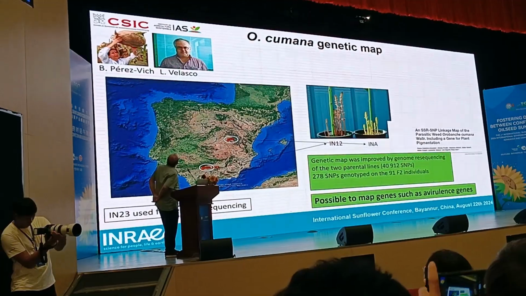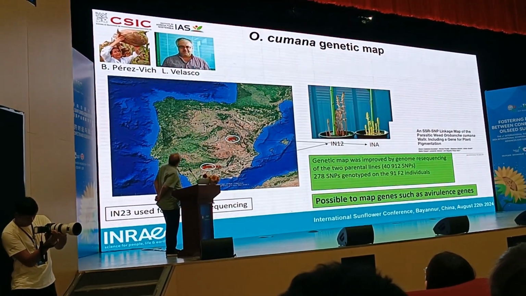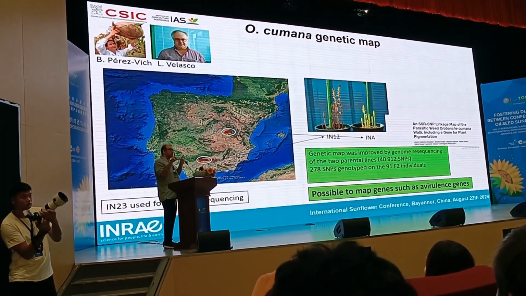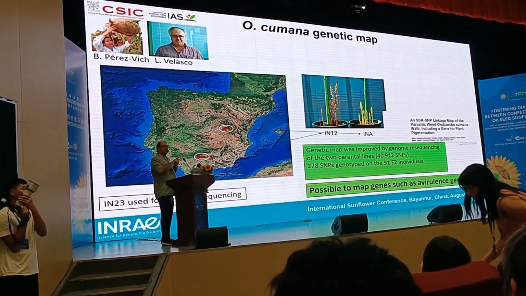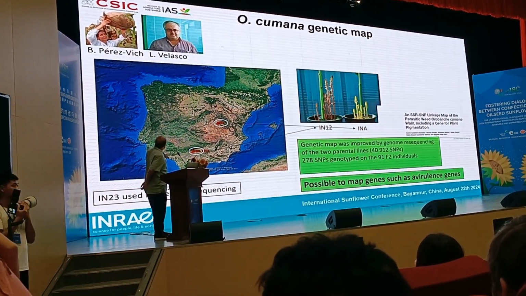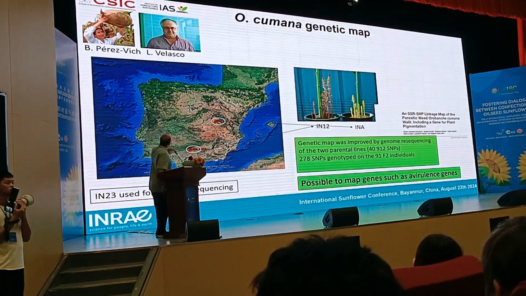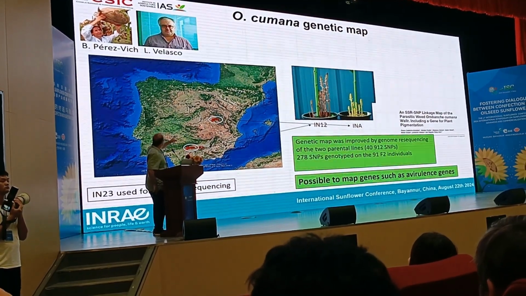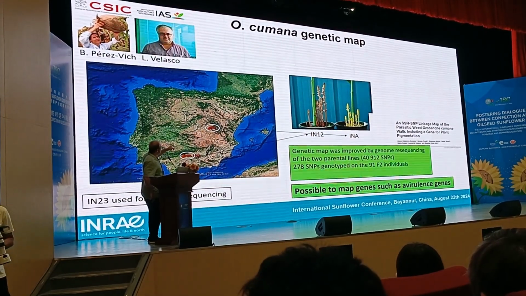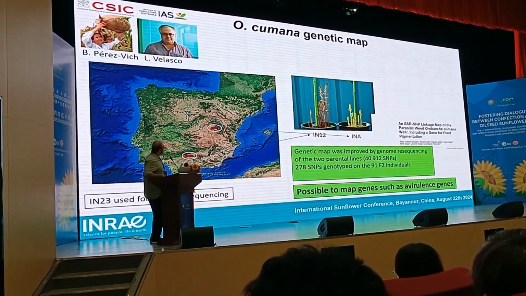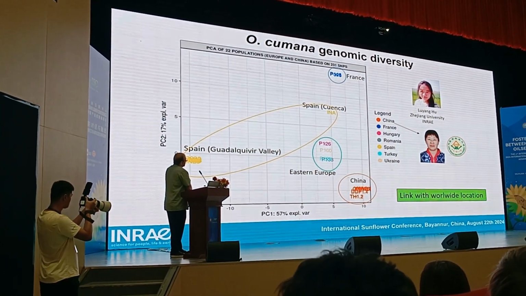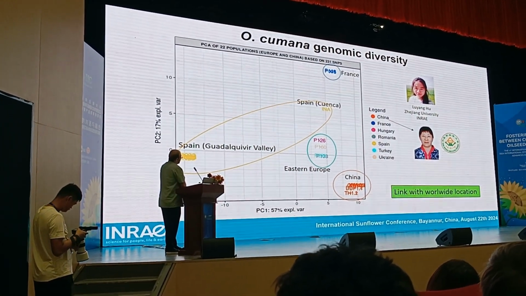They are able to do genetics on Orobanche cumana, so they are able to cross different populations of Orobanche cumana. So they crossed IN12 with another population, INA, and the population from China was collected by Jun Zhao from